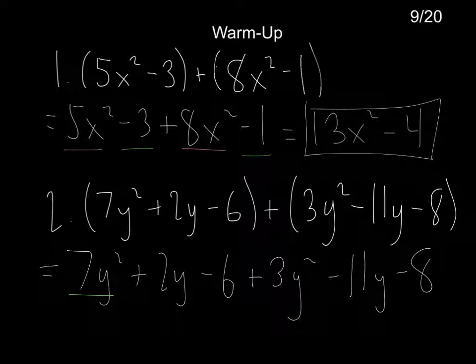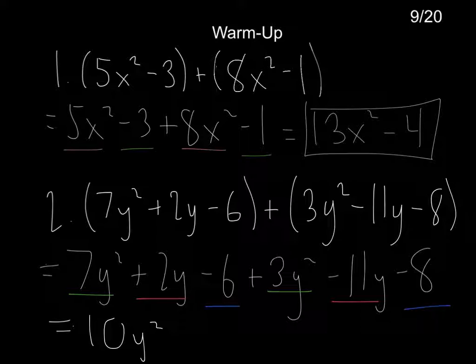I've got 7y squareds there, 3y squareds there. For my y's, I've got 2y's here, negative 11y's there. And for my constants, I've got negative 6 here and negative 8 there. So when I combine these, I've got 7y squareds here and positive 3y squareds there. 7y squareds plus 3y squareds adds up to 10y